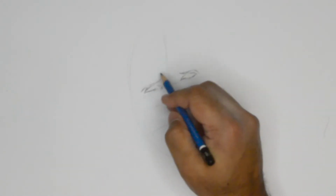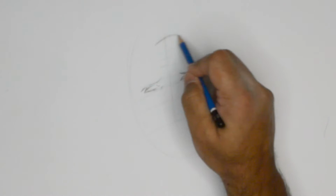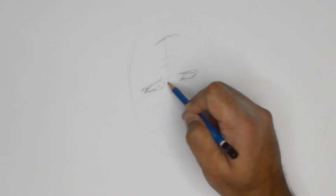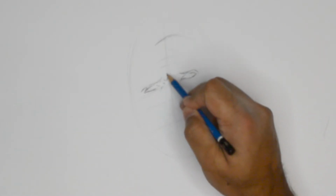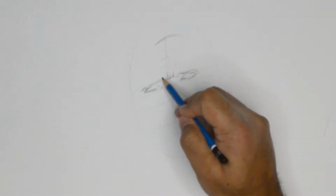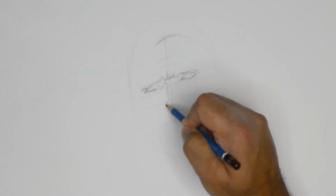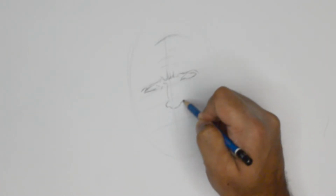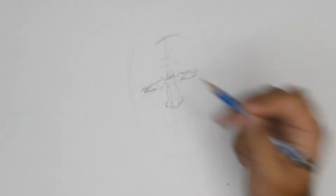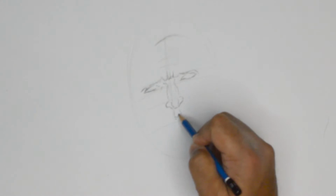Okay, so we have a little bit of a squint going there, some brow lines, I guess, skin folds on the brow. Pensive mood here with the collection of skin here, and we will do a generic nose somewhere along those lines. And just give some line work there, and a little indent below the nose,